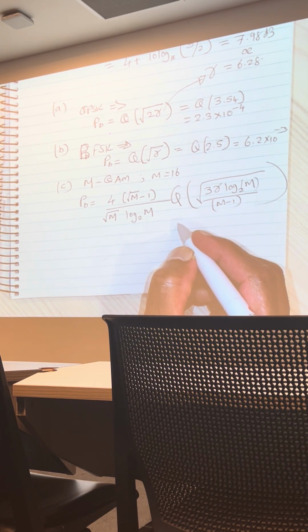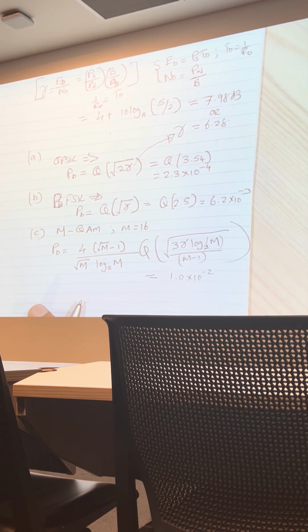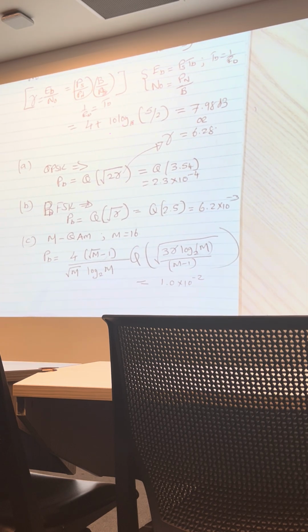So I'll just provide the answer there. It will be 1.04 times 10 to the minus 2. So an important thing that you need to understand here is for the same link budget, for the same system, how different modulation techniques perform differently, right? So QPSK, 2 bits per symbol, you get a bit error probability of 10 to the minus 4. Binary phase shift keying, so